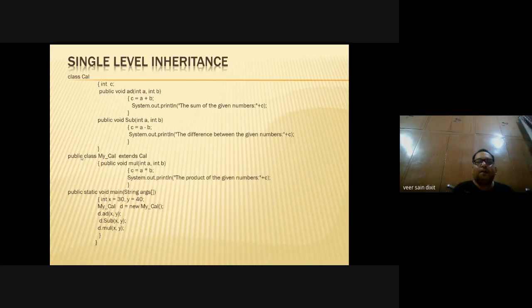Then you are making a subclass here, MyCal. This is the subclass which is extending, which is inheriting the properties from this cal. So what are the properties? The instance variable C and two methods, addition and subtraction. It means that this MyCal subclass is having one additional method, that is multiplication, right? So this MyCal subclass is having the multiplication method,